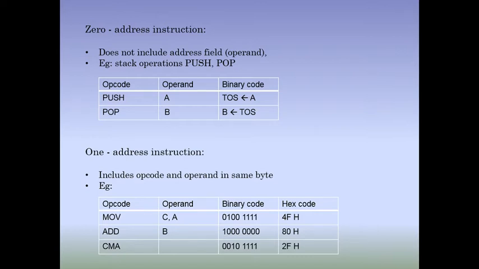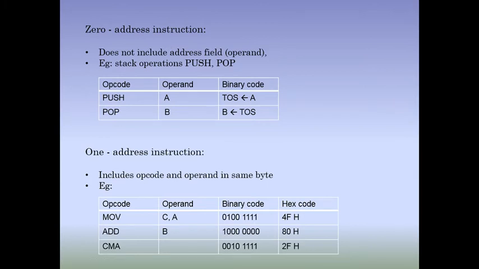Okay, and besides push and pop, there are certain flag related instructions like set carry, clear carry. Those types of instructions don't require an operand, and ultimately they don't need to be stored in memory. So this type of instruction will not require any byte in computer memory, so we call it 0 address instruction. It doesn't require any address, any location in the main memory.